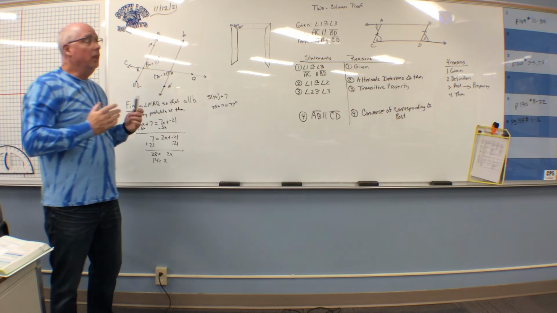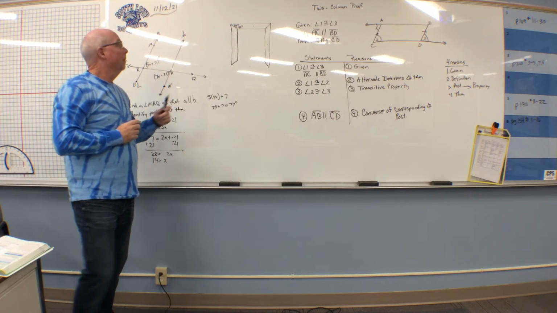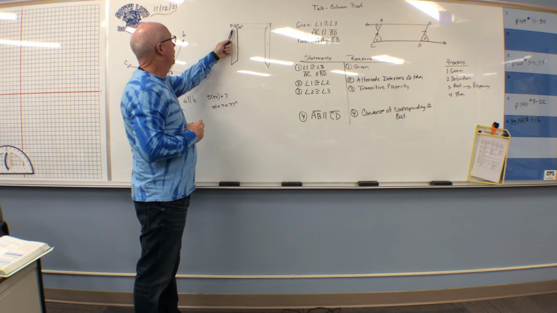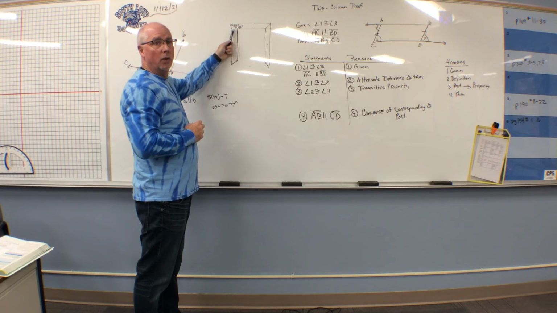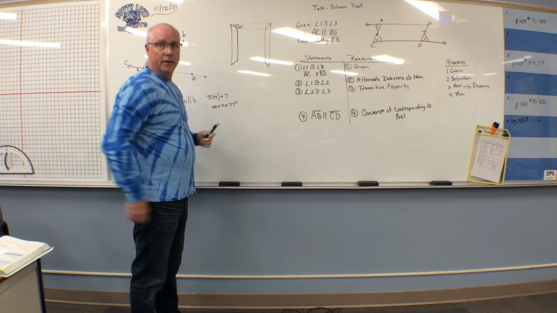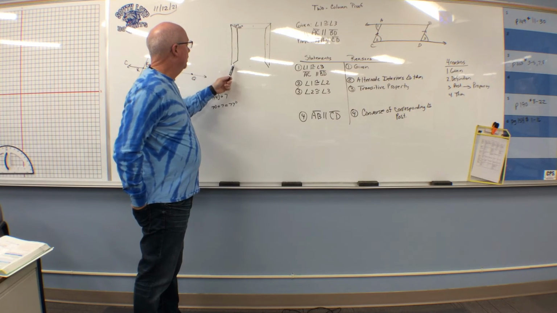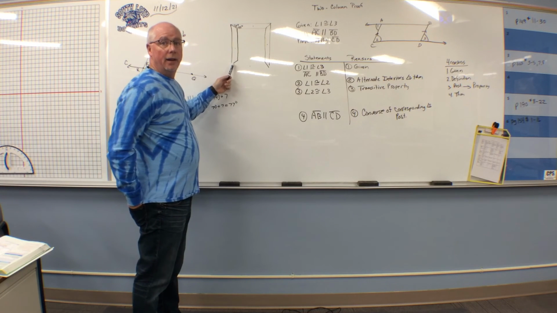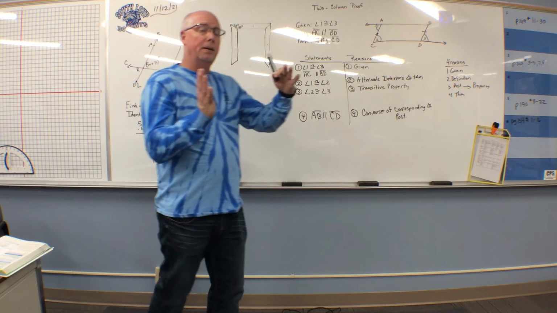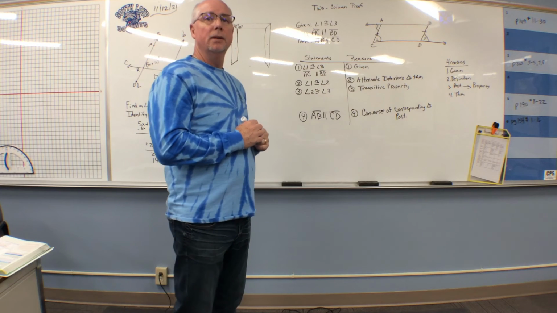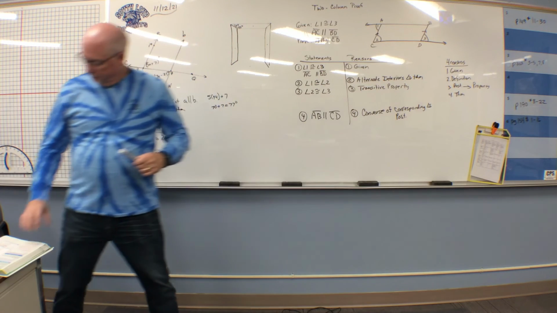All right. Another way you could say it is, if this is 45 degrees and this is 45 degrees, what's this whole angle? Right. 90. Is that what you were going to say? Okay. All right. So this is 45 degrees and this is 45 degrees. They add to 90, which means that it's perpendicular. And if it's perpendicular, they're perpendicular to the same line. All right. So would it be the converse